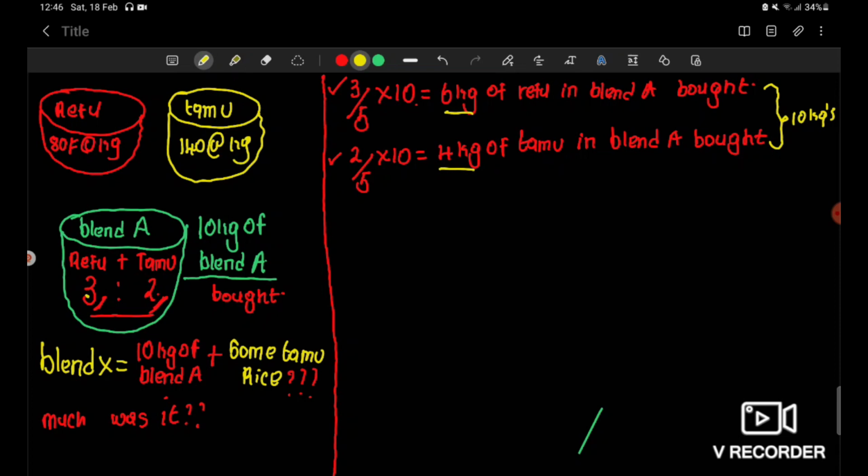But now, let me explain this question. Refu was there in blend A, but refu was not affected when the retailer created blend X. What was affected was tamu. Why? Because he added some tamu rice to the 10 kg of blend A bought so that he creates blend X. But this amount of kg of tamu that was added to blend A, do we know it? We don't know. So we will make an assumption and say let the amount